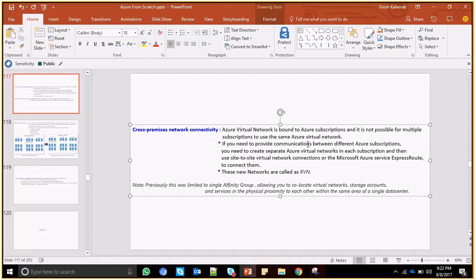So for that only we have something called a regional virtual network. If you have two different VNets in two different subscriptions, you need to set up site-to-site VNet connections in order to connect both VNets. There are scenarios where you would be interested in connecting VNets in two different subscriptions,